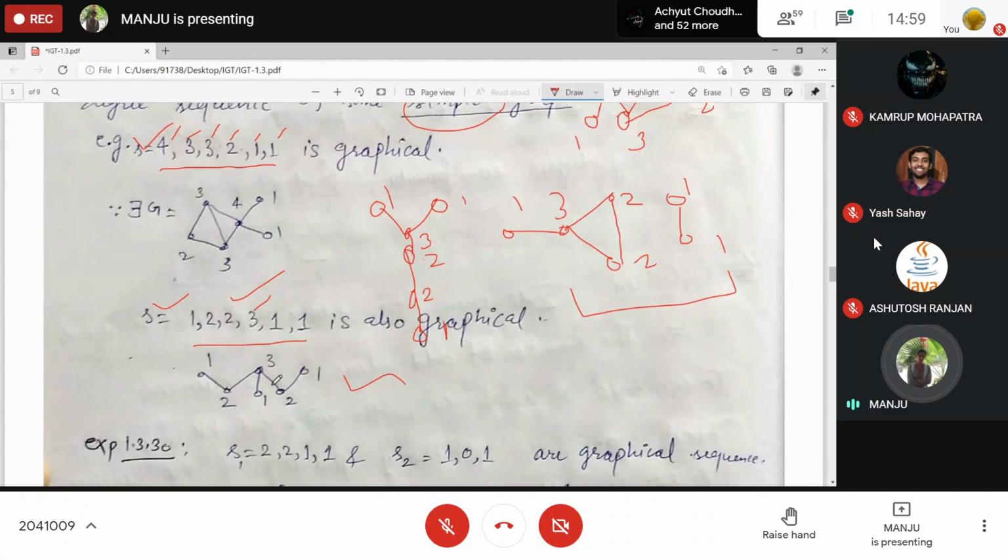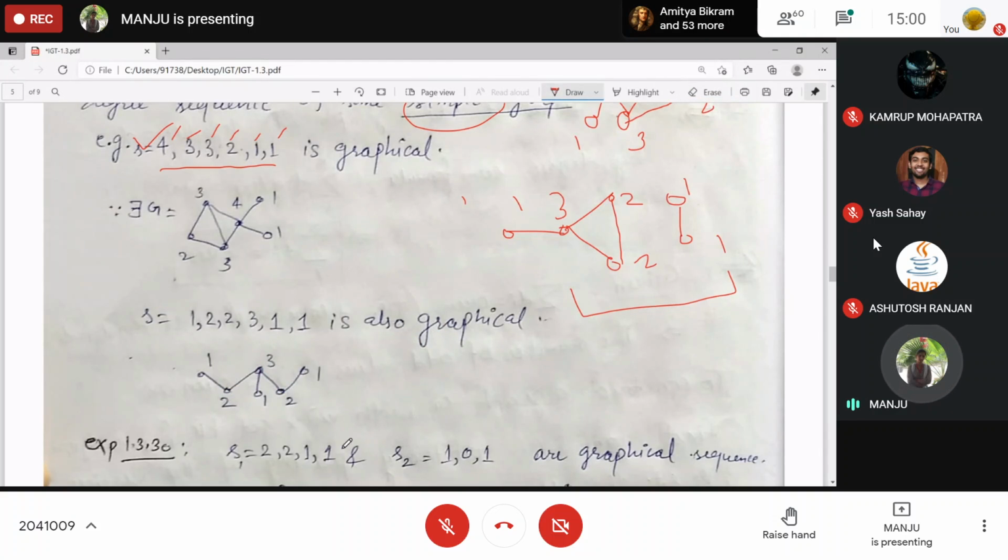And here also this is working. 3, 2, 2, 1, 1. That is here P5 and one vertex here, and this is also P5 and one vertex over here. Here there exist many graphs. Okay. This is the graphical sequence.